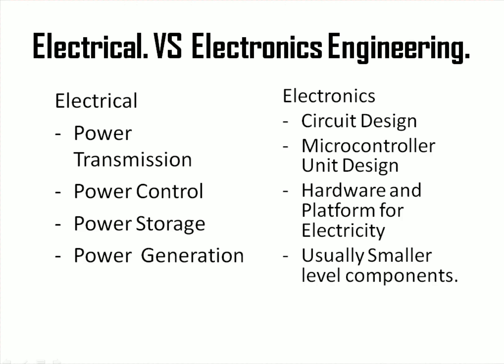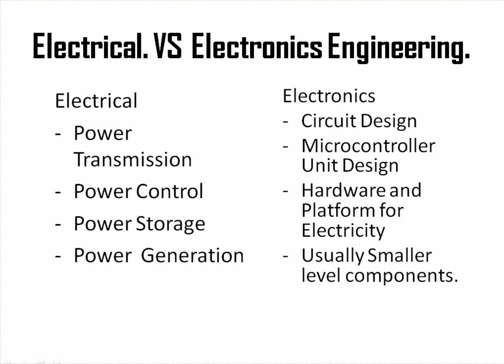Now, what is the difference between electrical and electronics engineering? Electrical engineering deals more with power transmission, power control, power storage, and power generation, so more to do with power. Electronics is basically a smaller level of current, while this is a higher level of current. Electronics is circuit design, such as breadboards, PCBs (printed circuit boards), or microcontroller unit designs,